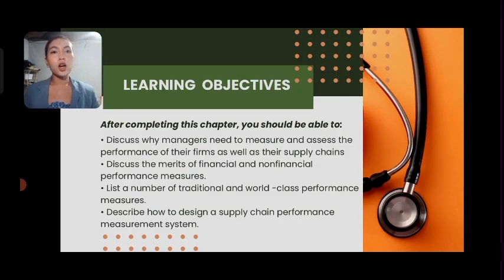So, for our learning objectives, after completing this chapter, you should be able to discuss why managers need to measure and assess the performance of their firms as well as their supply chains, discuss the merits of financial and non-financial performance measures, list a number of traditional and world-class performance measures,